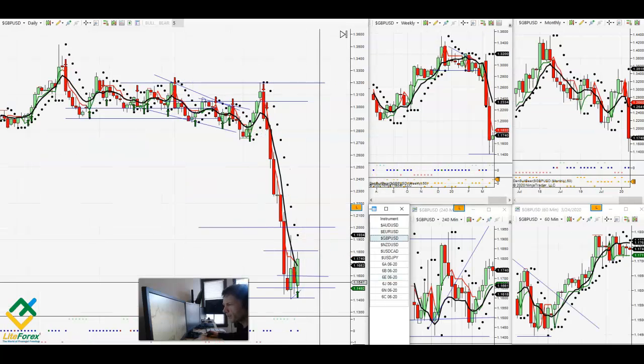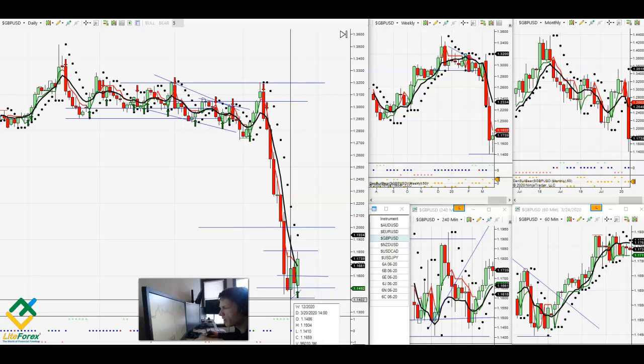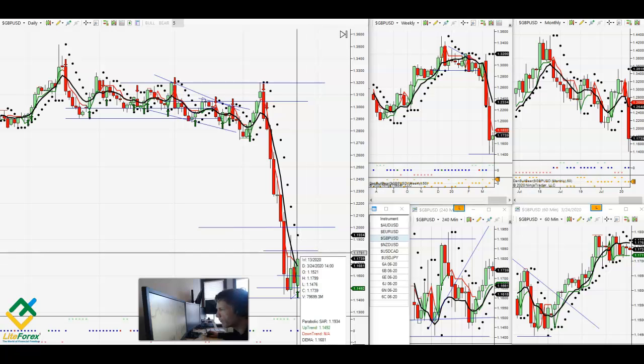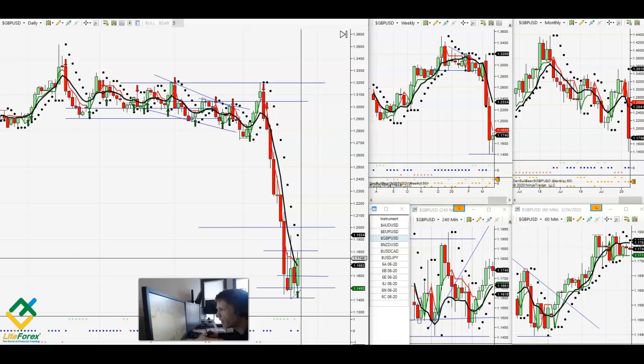Okay, pound USD. Now pound USD yesterday was holding support level at 1.14. Yesterday it put in a higher low, and today again, and then we broke out today. So it broke above 1.16, which is important, and 1.17. But you can see we hit resistance at 1.18. You can see the high today was 1.1799 and we pulled back. So you want to see it break above that